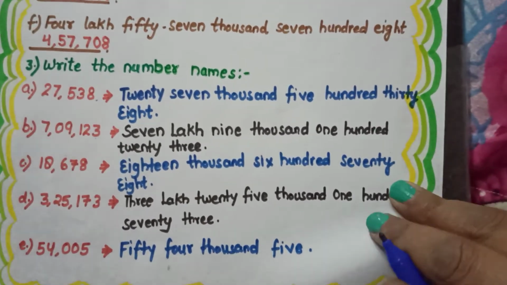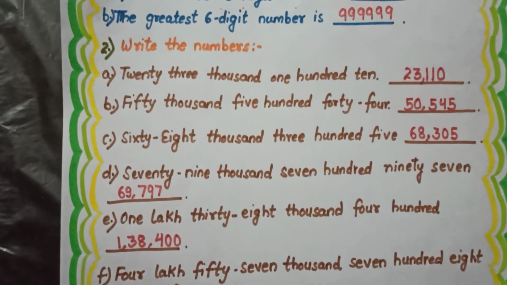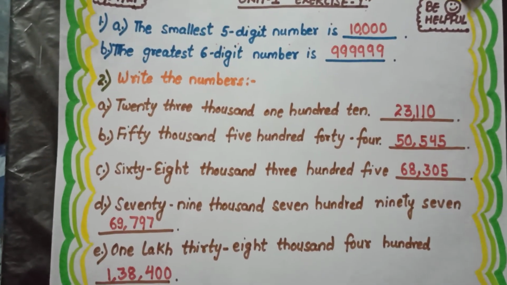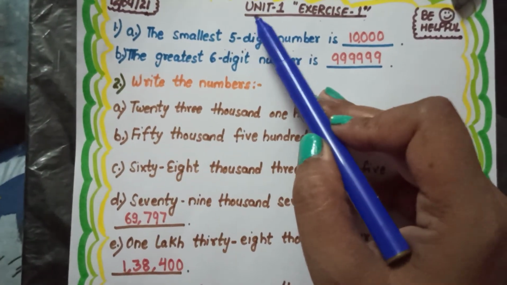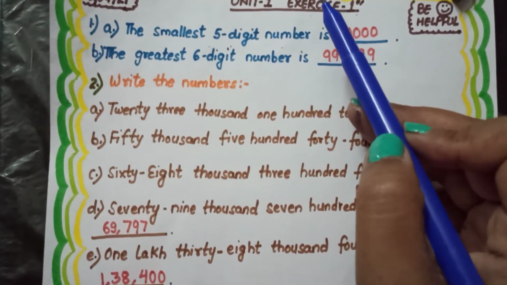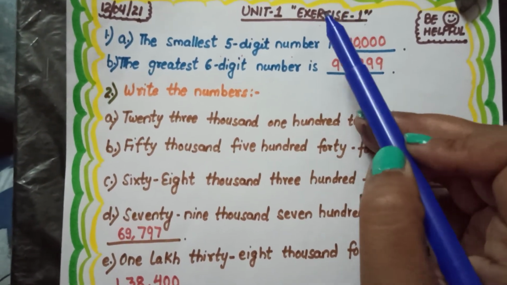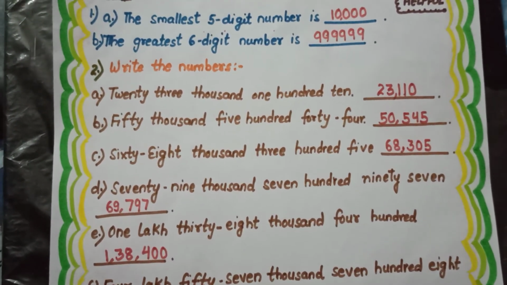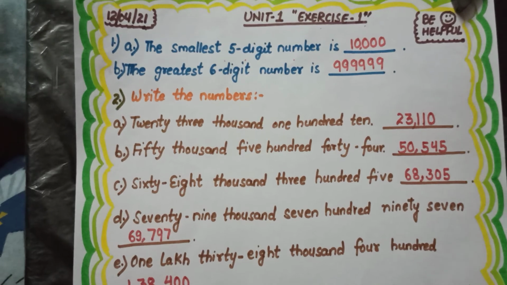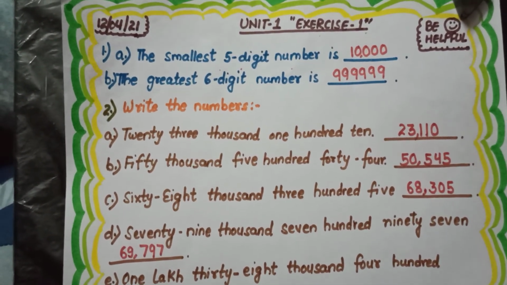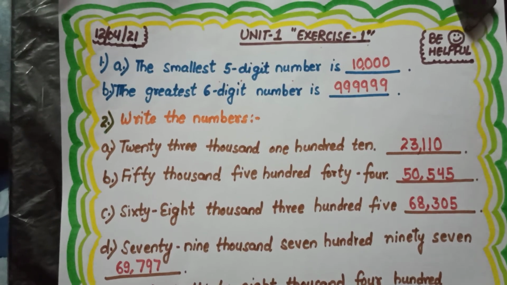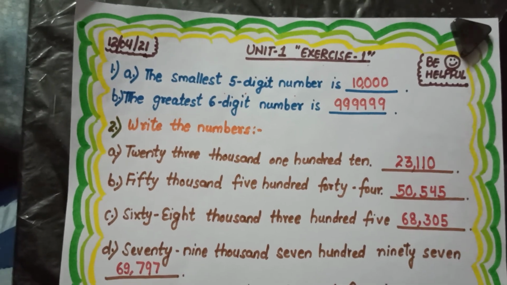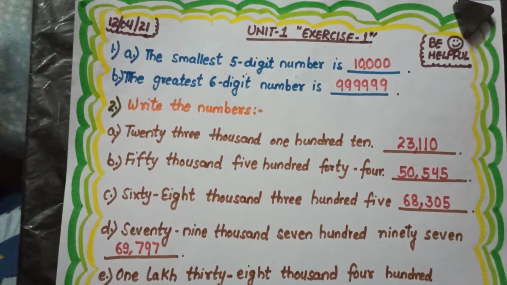And students, now please do all these 3 questions in your maths registers. Using a pen, put up today's date, write down Unit number 1, write down the unit's name, that is Numbers and Numeration, and then write down Exercise 1, and then start doing this work. From now onwards we will do everything in notebooks only, and it will be better if you make a register for maths. It will be convenient and easy for you to write down all the exercises and all the notes in a register.